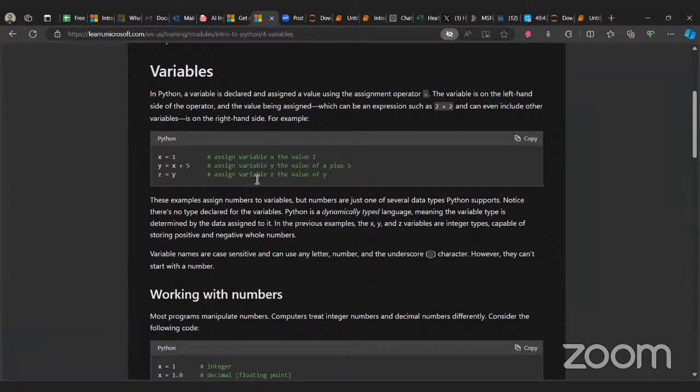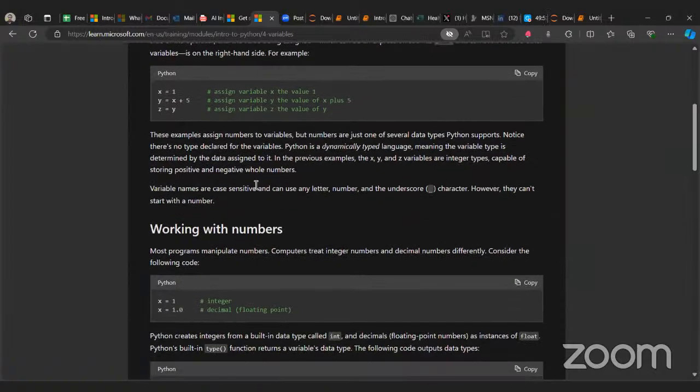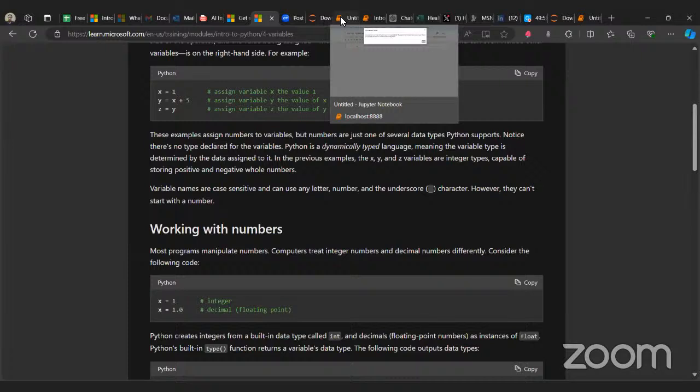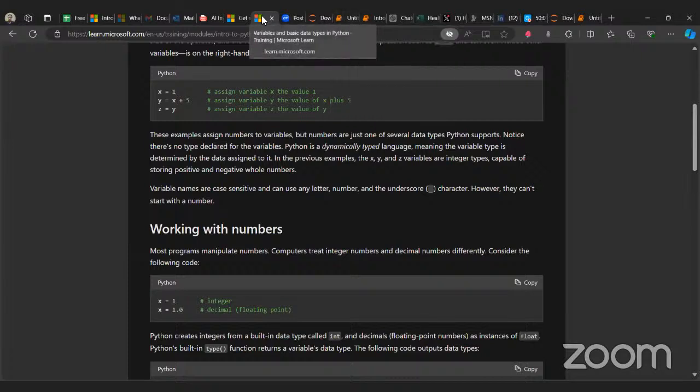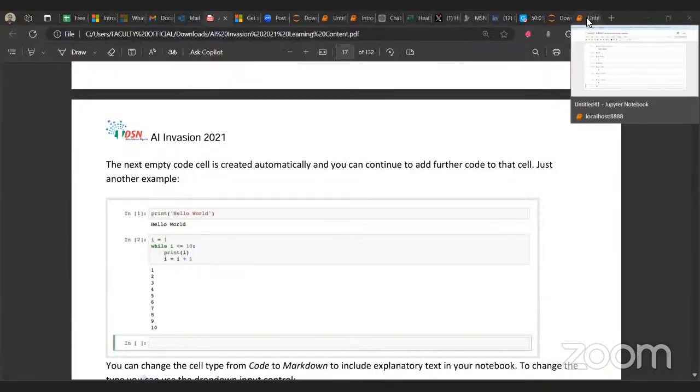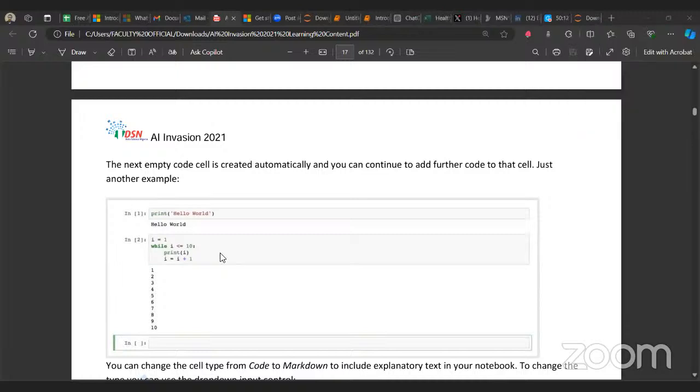Okay, so I've basically explained what a variable is. I've shown you how to manipulate variables. Another thing I've got to mention is that you can assign the value of one variable to another.